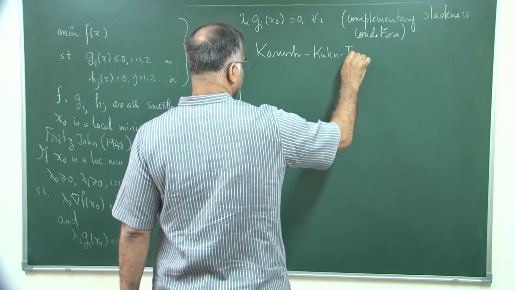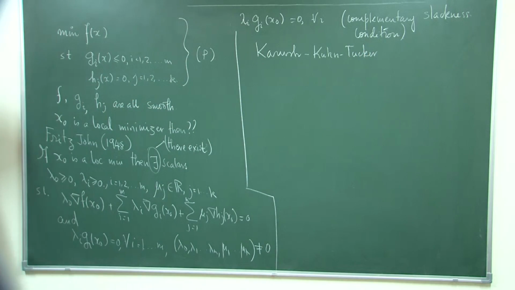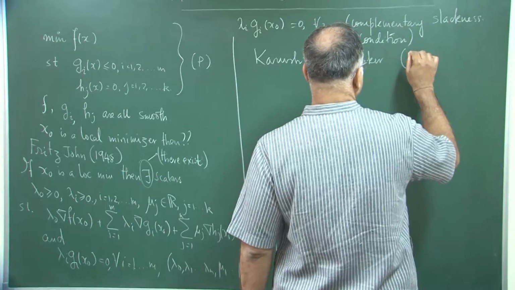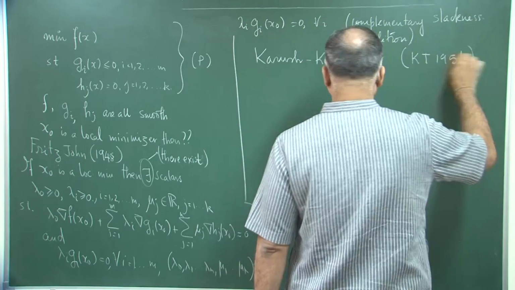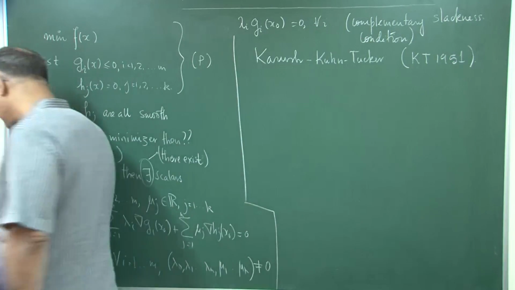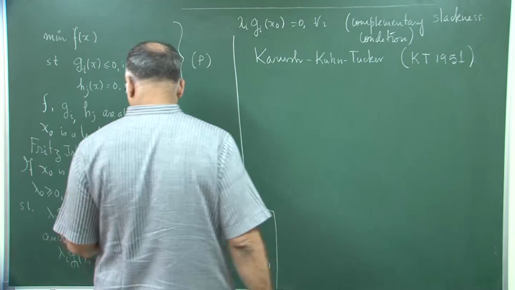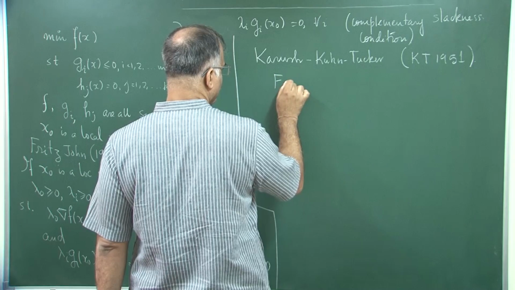Karush, Kuhn and Tucker. Originally framed by Kuhn and Tucker in 1951 and published in 1951, and then they found that Karush had already done some work of a similar type in his MS thesis, and then Kuhn wrote to him and they got the historical facts straightened. So, Kuhn and Tucker 1951 is the paper which everybody would refer to. What they say is the following. So, you have the same conditions, with the Fritz John condition,